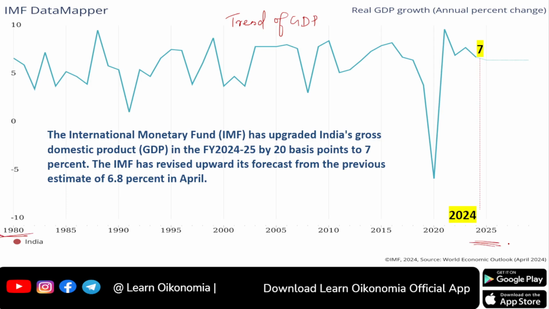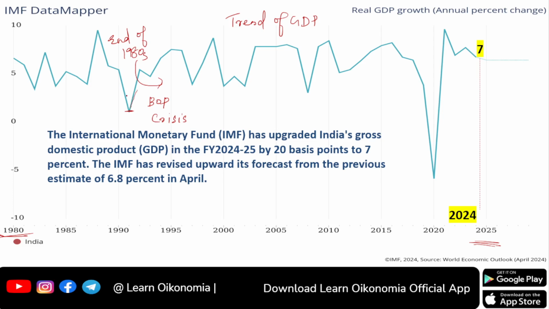We could have a lot of fluctuations in the GDP growth of our country. So what is happening? You could find that during this 1990 period, we had a very big dip. Why? Because by the end of the 1980s, we were having a very problematic scenario in the country. We were having a BOP crisis. So this was a period of BOP crisis, and then we went for reforms. We were introducing structural reforms in our country, and that made our country recover.